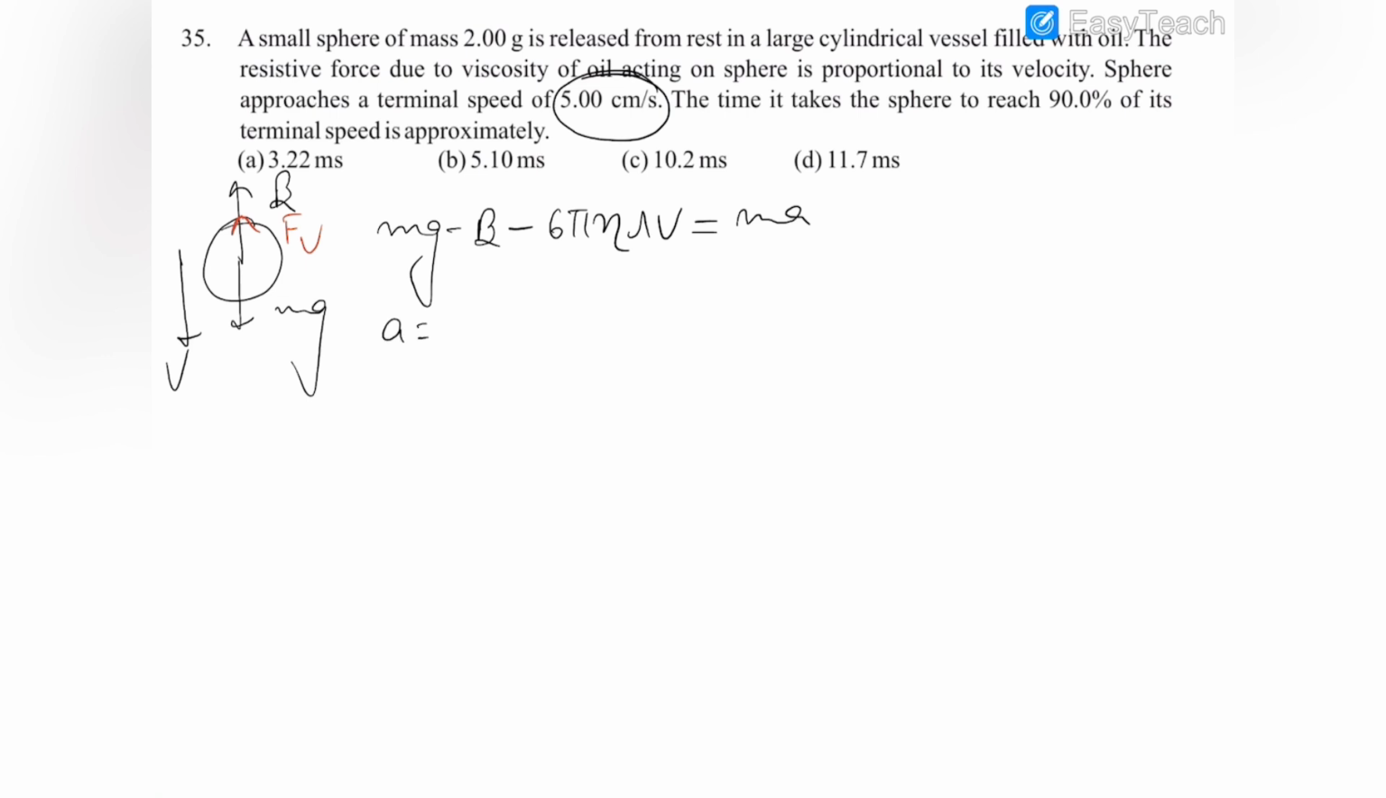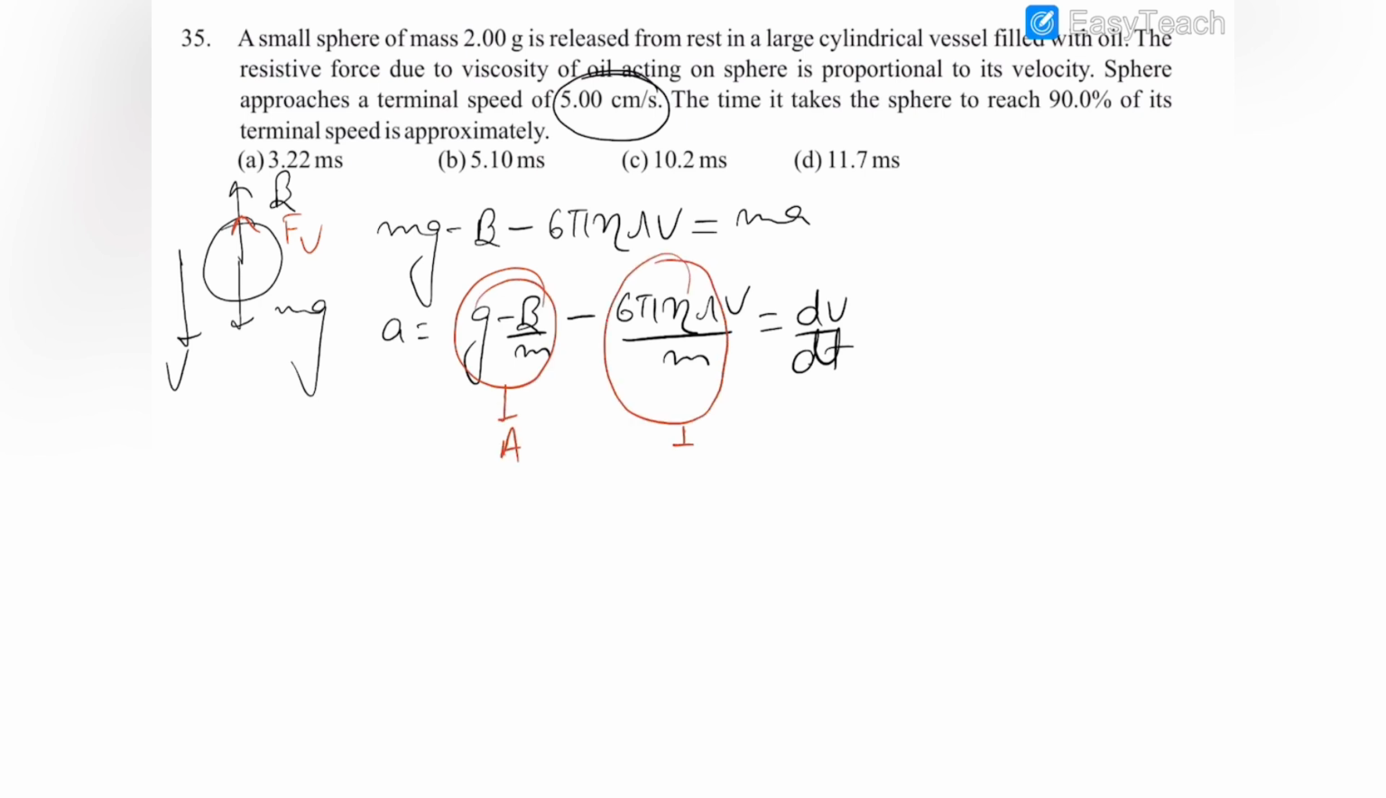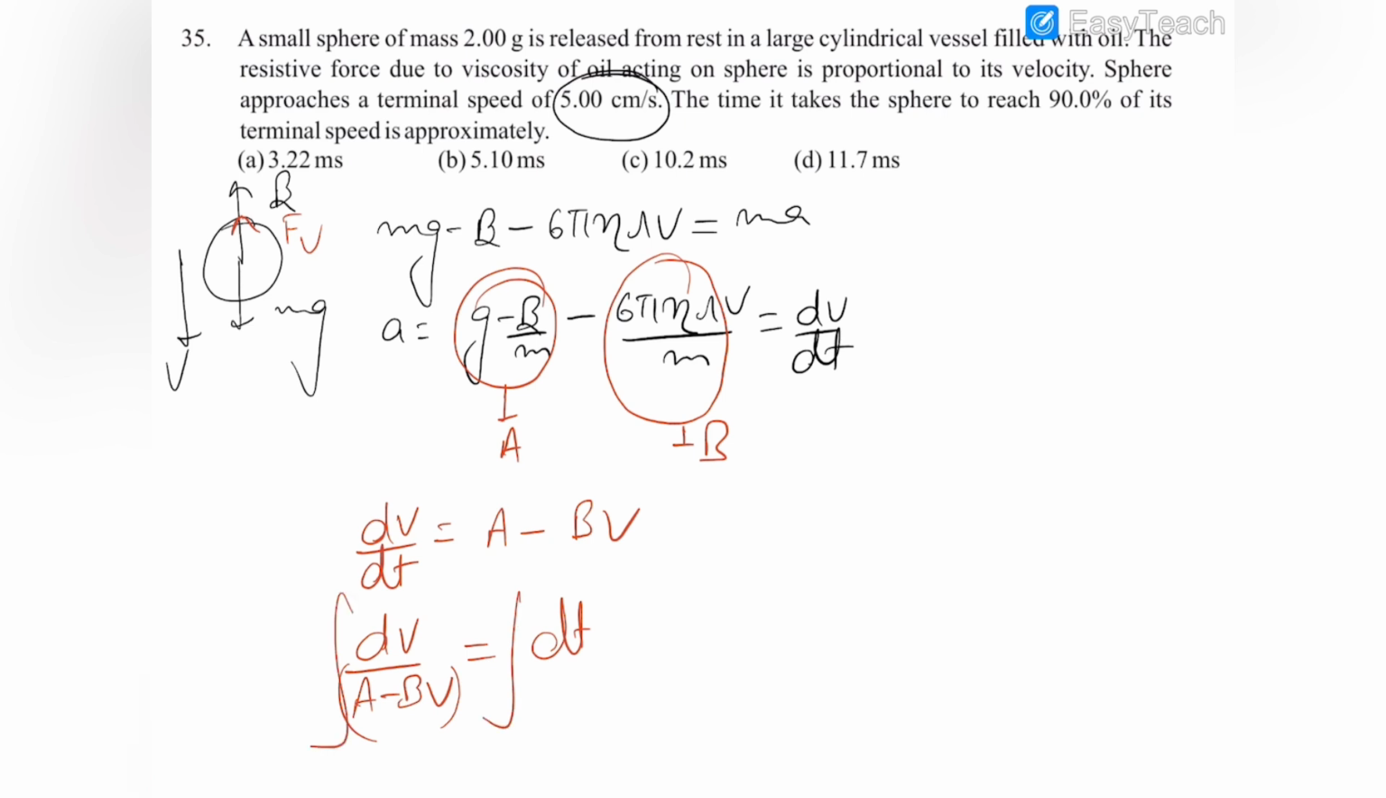So a will be equal to g minus buoyancy by m minus 6 pi eta r v by m, and this is dv by dt. Now let us suppose that this term is some constant A and this term is some constant B. So dv by dt is equal to A minus Bv. Okay, so dv divided by A minus Bv is equal to dt, and integrating both the sides,